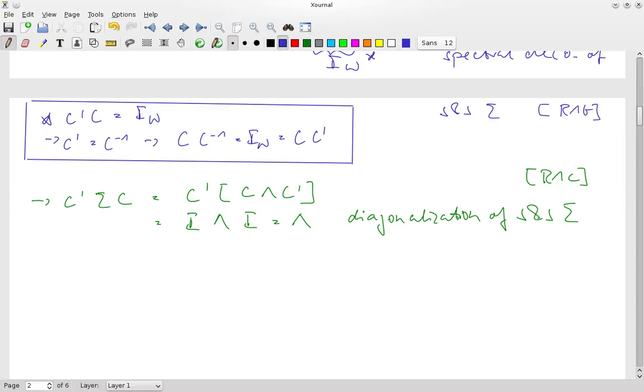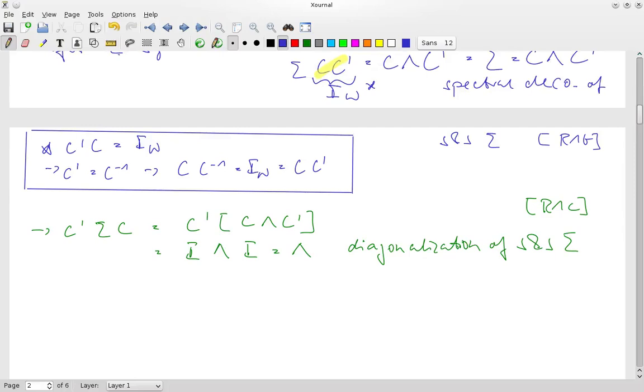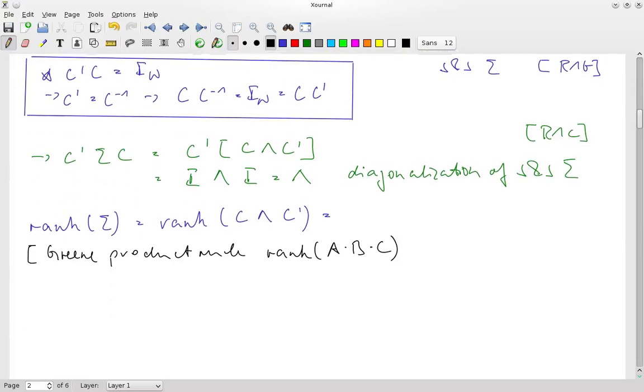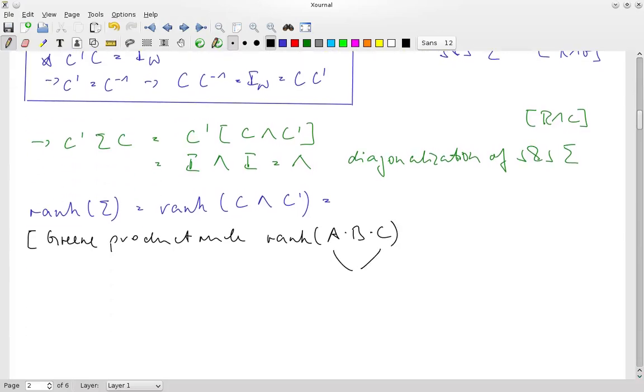What we need, however, is from the spectral decomposition the information that we can retrieve the rank of the matrix sigma, of this symmetric and square matrix sigma, by taking a look at the spectral decomposition. So the rank of sigma is then the rank of C lambda C prime, but due to a result that is known as the product rule, you can actually find that in Green's matrix appendix, and the product rule states that if you're interested in the rank of a product of three matrices, A, B, and C, which are conformable, and A and C are non-singular,